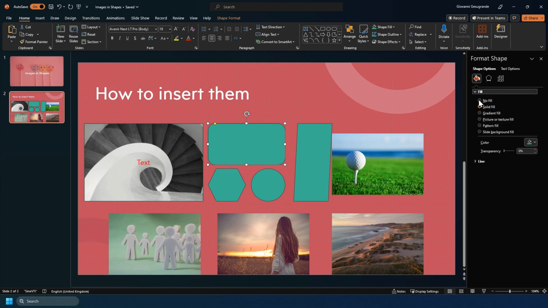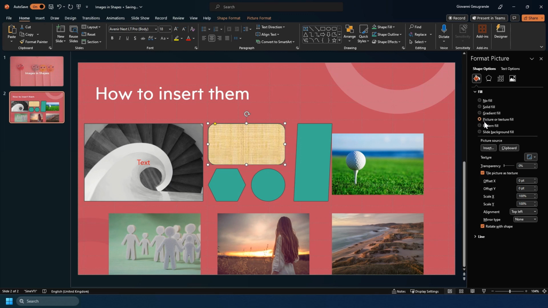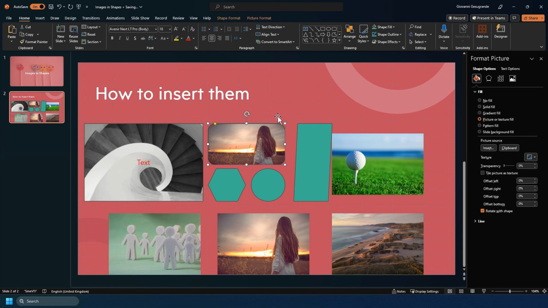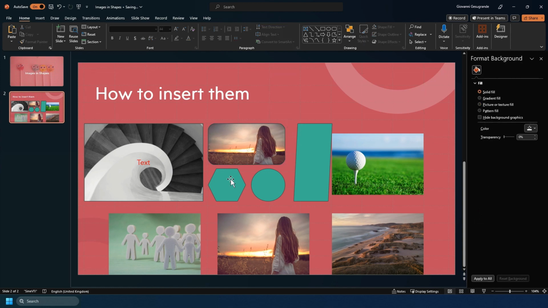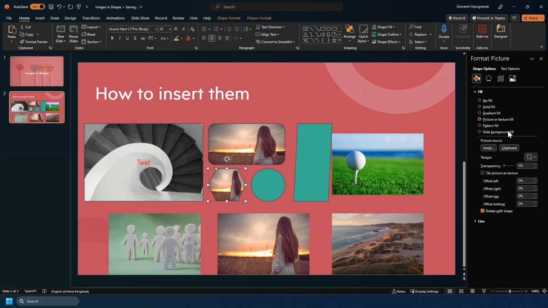Then we're going to expand Fill and go to Picture or texture fill. Now by default it will choose this sort of woody effect, but because we've copied this image and we want to replace it from here, we can click Clipboard and it will paste the image directly in. It works for any image on any shape. So if we do the same for this hexagon, we go back to Picture or texture and click Clipboard. Now we have a